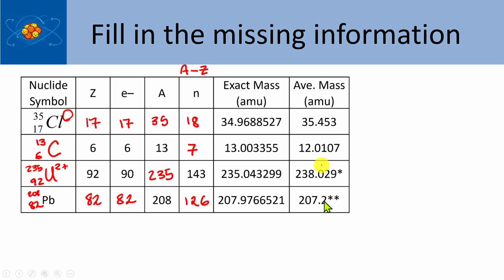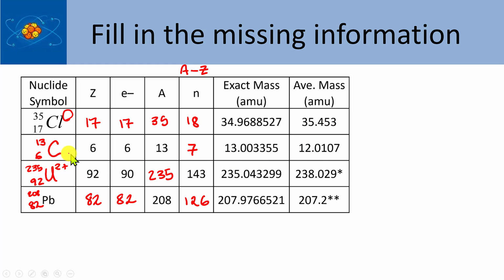So the bottom line, though, is what I want to talk about: these numbers that you see over here aren't as exact as these simply because these reflect variations in abundance on Earth, and there's even more variation in abundance as you go out through the universe, apparently. So let's see, what else is there about this? Yeah, other things. Chlorine 35: the average atomic mass is 35.453. That's because there's another isotope, which is chlorine 37, and those two averaged together give us the